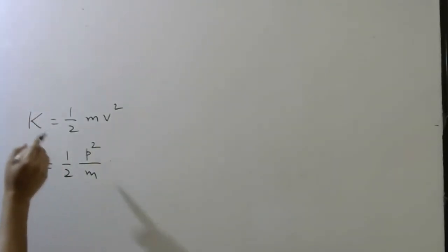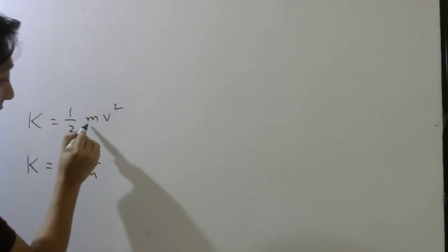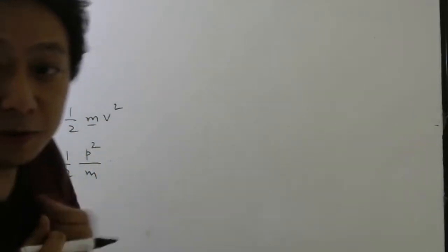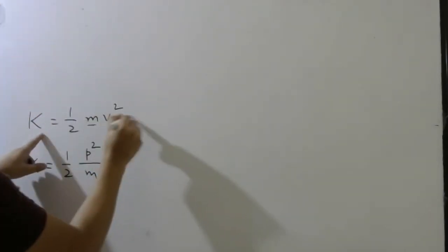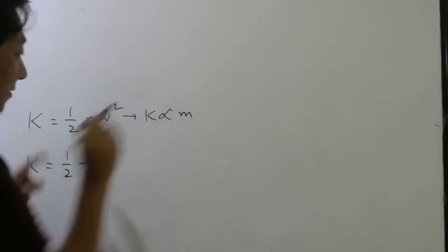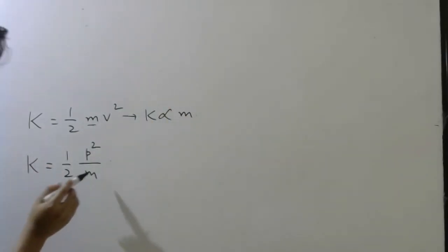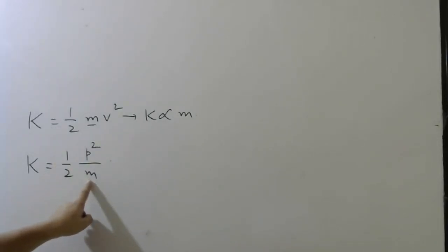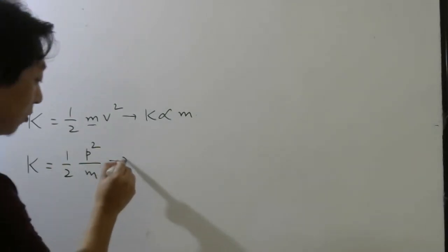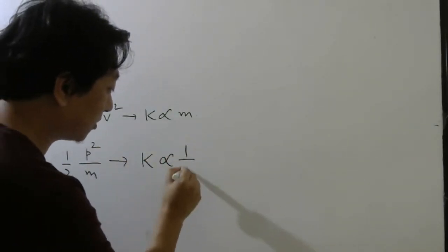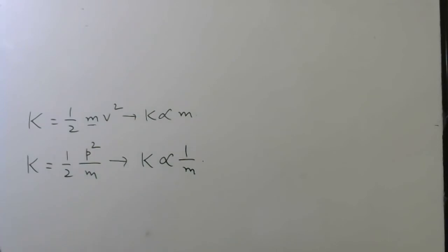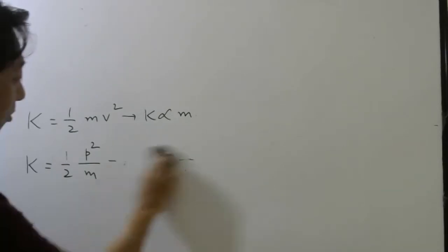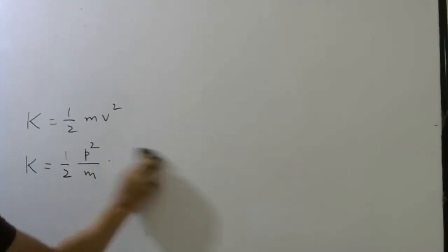Now look here. In this formula, where is mass sitting? Mass is in the numerator. So here you may be feeling like saying in this formula, K is proportional to mass. Here, where is mass sitting? Downstairs, that is, the denominator. So here you will feel like saying K is inversely proportional to mass. So here K is proportional to mass. Here K is inversely proportional to mass. So like that, the feeling will come.